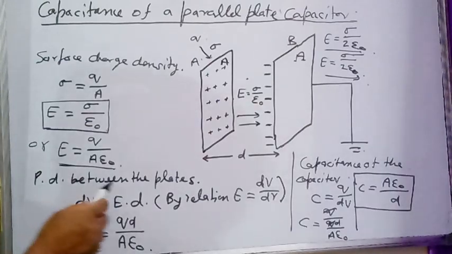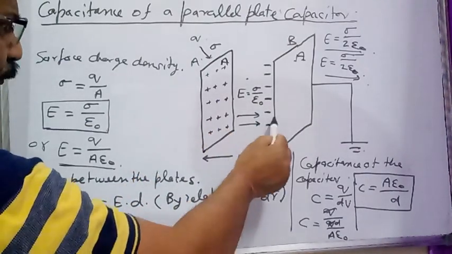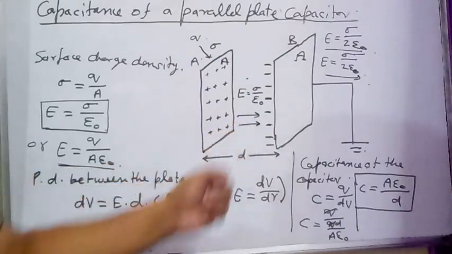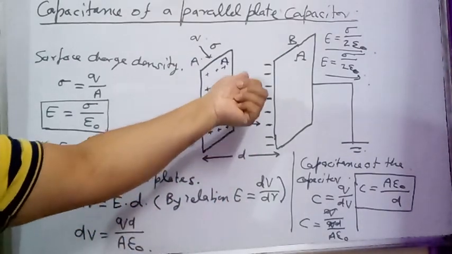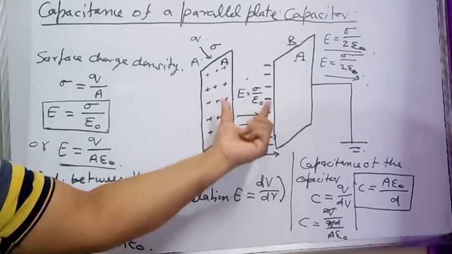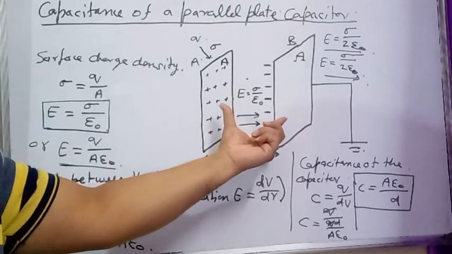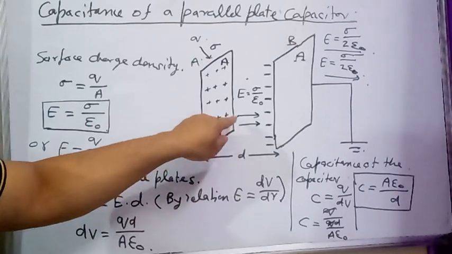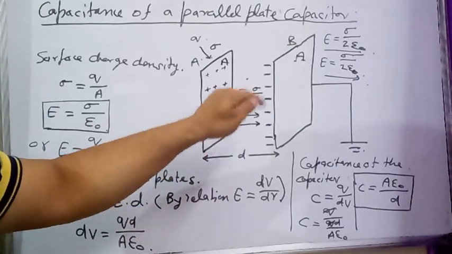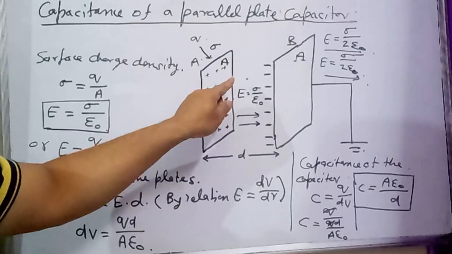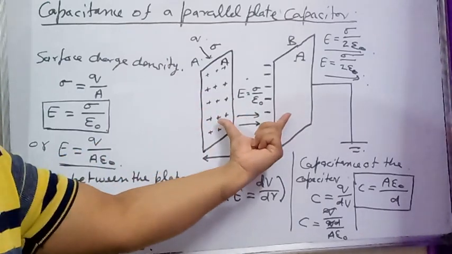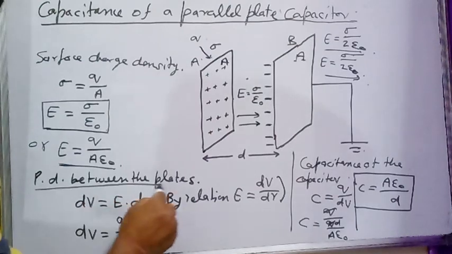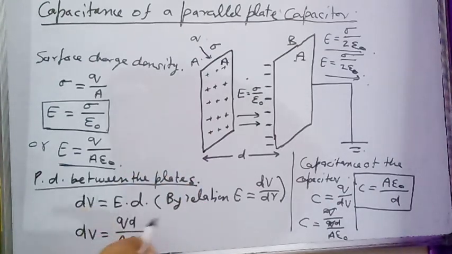Then what can be the potential difference between the two plates of the capacitor? To calculate the capacitance of the parallel plate capacitor, we need the value of the potential difference between the plates. As I told you in the previous part of the video, the capacitance of a capacitor is given as the charge given to the plate divided by the potential difference between the plates. So what is the potential difference between the plates of the capacitor? By the relation